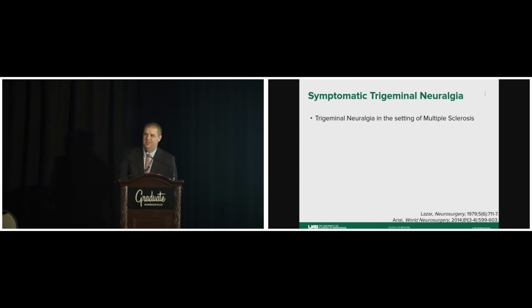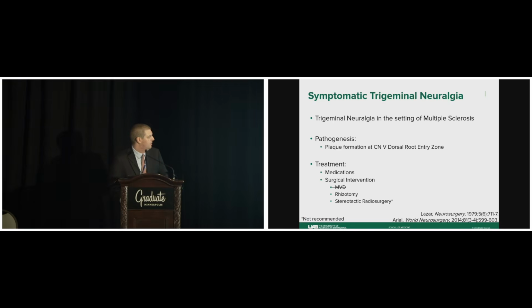Symptomatic trigeminal neuralgia was defined by Burchell as trigeminal neuralgia in the setting of multiple sclerosis. Why set these people apart from classic trigeminal neuralgia if they present the same way in terms of their history? And it's because they're a little different. Their pathogenesis seems to be due to the demyelination, which allows the jump of the signal. And thus they become a little bit harder to treat. Our treatments don't work as long.